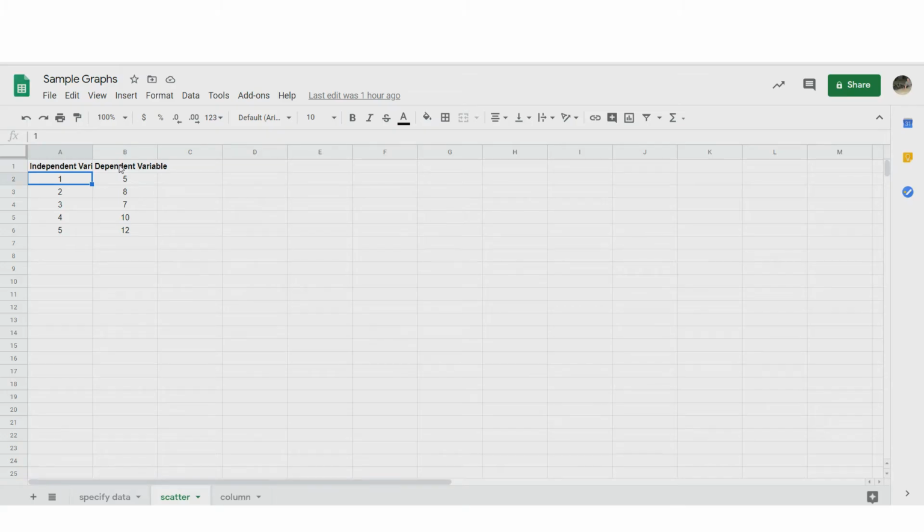A common mistake I see students make is when the text or data spills outside of the cell, like it does here in dependent variable, they will leave the cell next to it empty before entering anything into a new column.